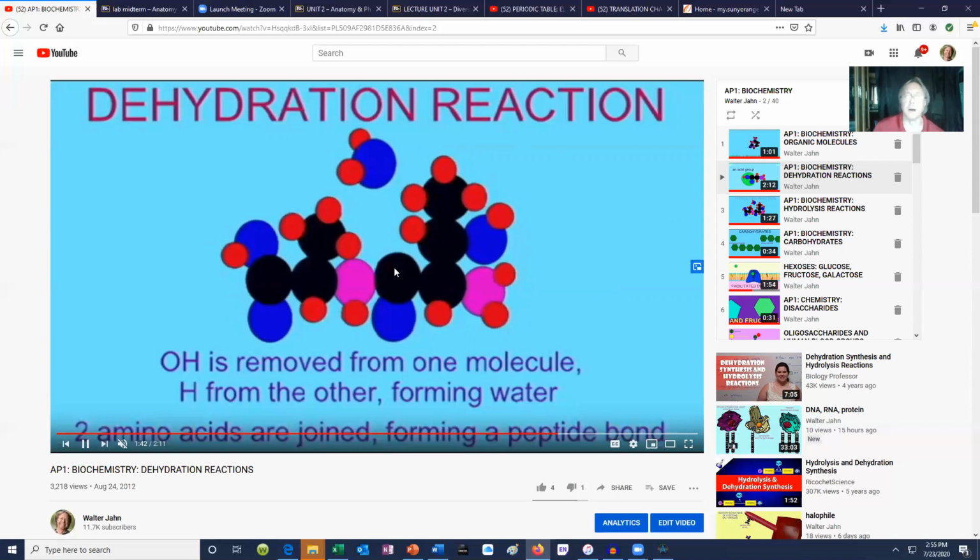In this example, this is what's called a peptide bond between the nitrogen of an amino group and the carbon of an acid group. And thus we have taken two amino acids and put them together with a peptide bond, forming a dipeptide. If we put enough of these amino acids in the correct order,